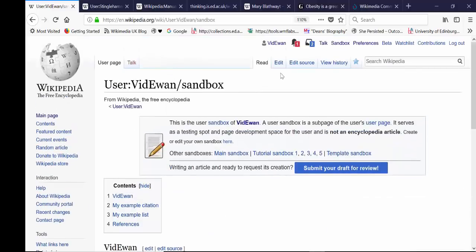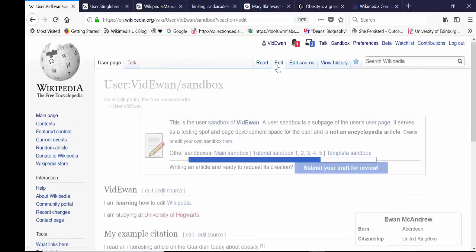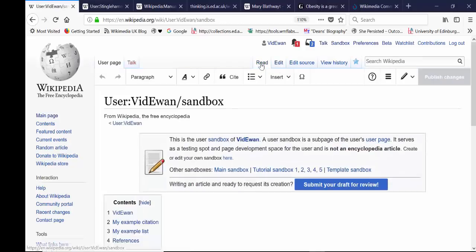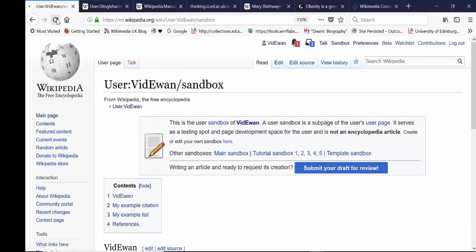If I click edit, the way that we can move into the live space is we can use a drop down called move in order to move it into the Wikipedia live space, but I'll show you how that's done in a separate